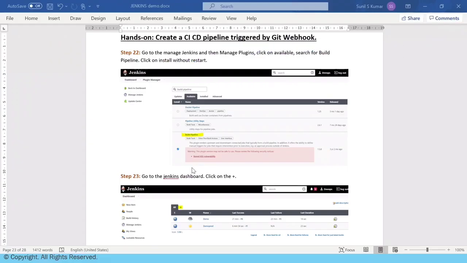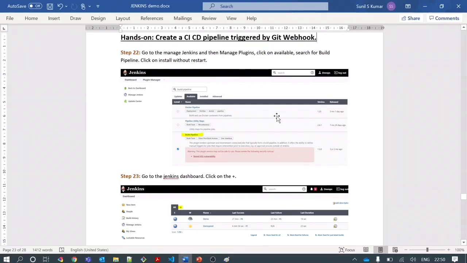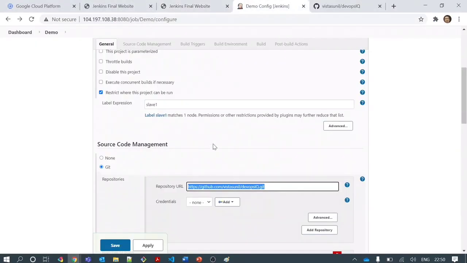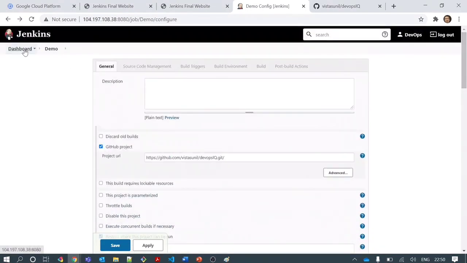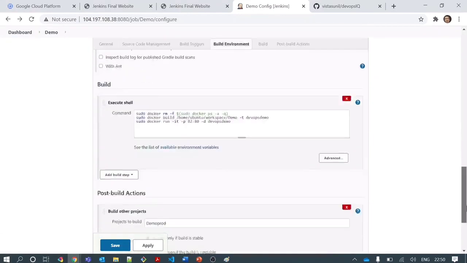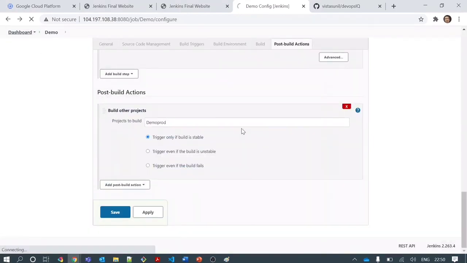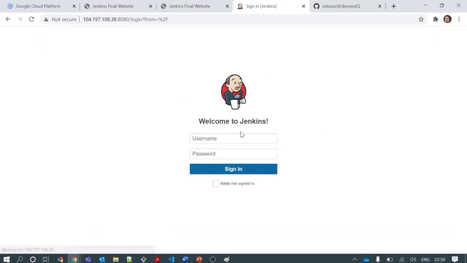I will go to my demo document, and these are the series of steps I am going to do. We will also see how we can install any plugin. So let's go back to the Jenkins dashboard. It has logged out, so I will use the admin user that I had created to log back in.